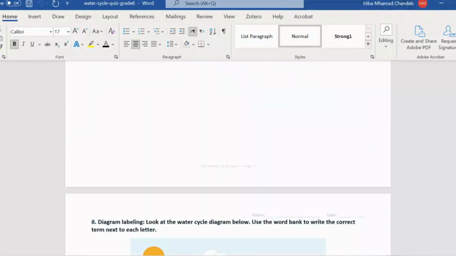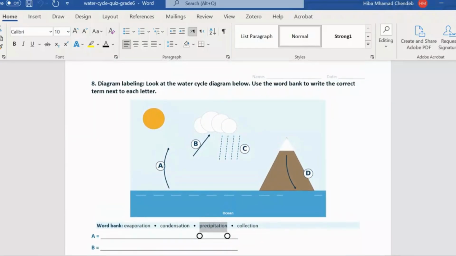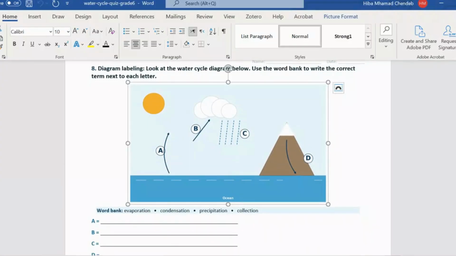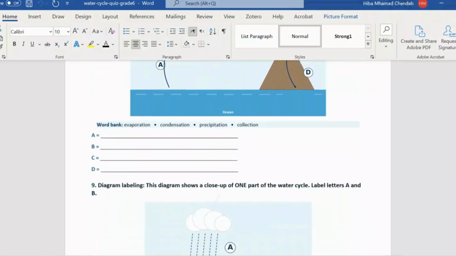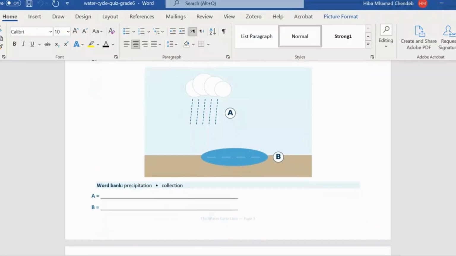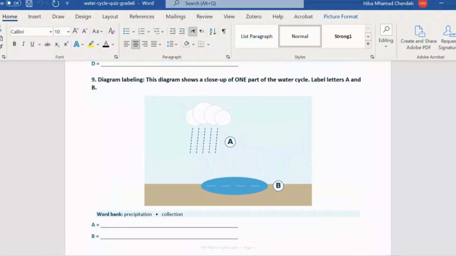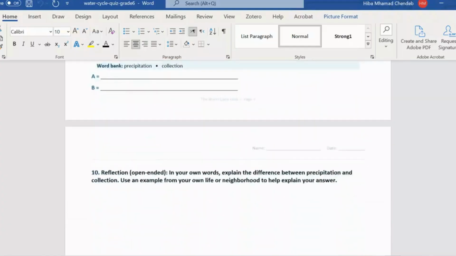Also, you have question 7, and also you have diagram labeling. So here, students have the water cycle, and they have to label the diagram by using the word bank to write the correct term next to each letter, A, B, C, D. I have another question where students have to label the diagram again, and notice that this labeling of the diagram B is targeted directly to precipitation and collection